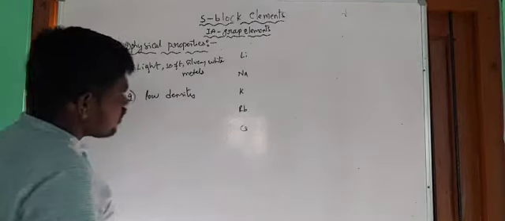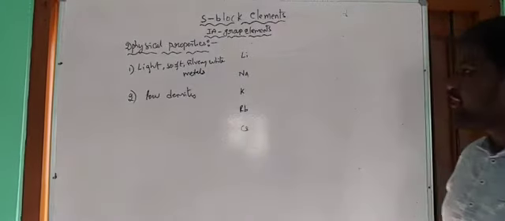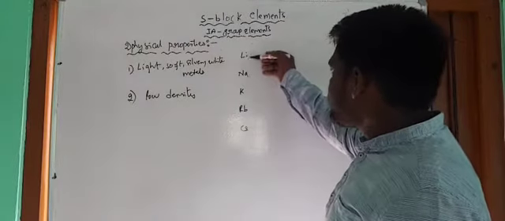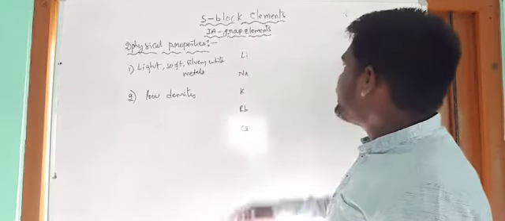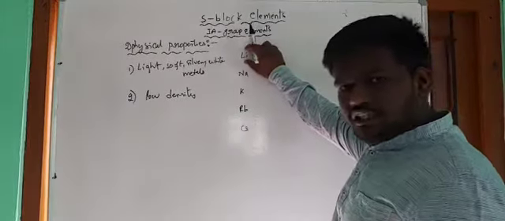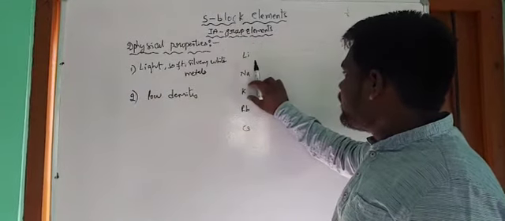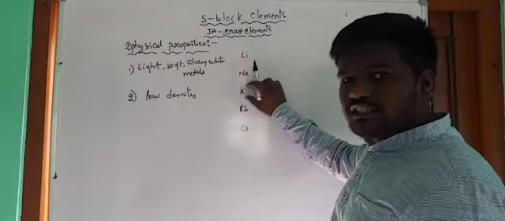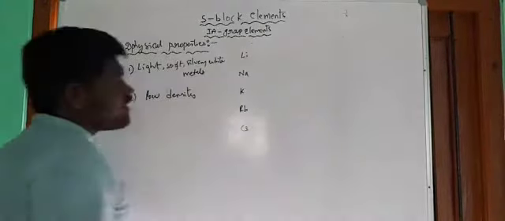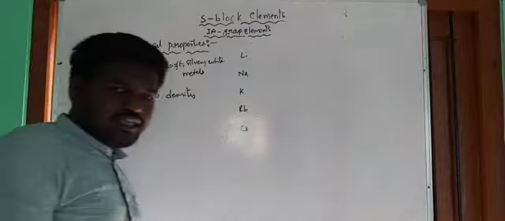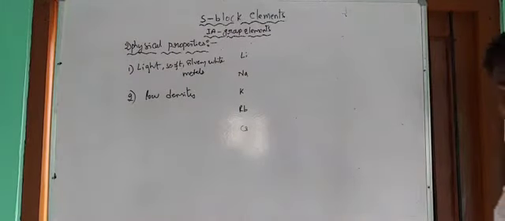So now, in the periodic table we have 7 periods. Each period starts with the first A group elements only. The second period starts with lithium, the third period starts with sodium, the fourth starts with potassium. Like that, every period starts with the first A group elements. And every period ends with the noble gases.